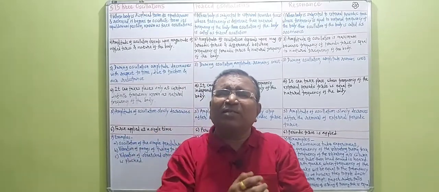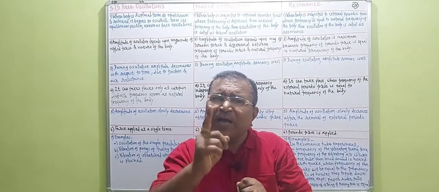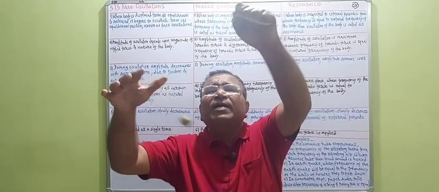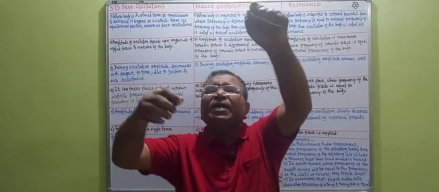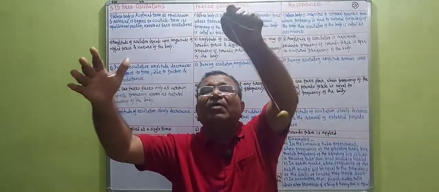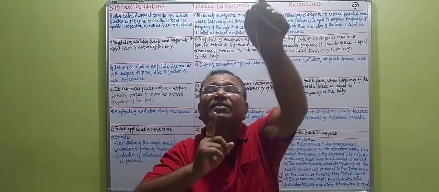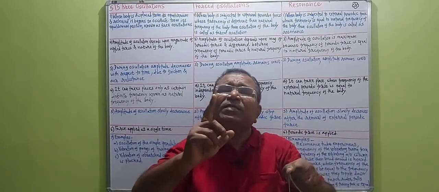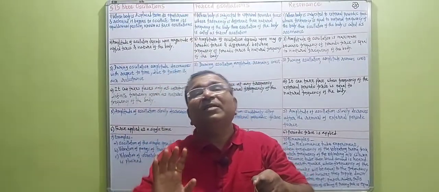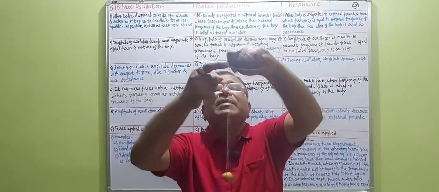The most important thing in free oscillation, dear students, is that we apply force at a single time, only a single time, and leave the body itself to oscillate. I have displaced this body, this is a force, and left it to oscillate. I haven't given any force to the body. So such an oscillation is free oscillation. Applied force is at a single time, the body itself oscillates continuously with decreasing amplitude. Of course, because there is a friction